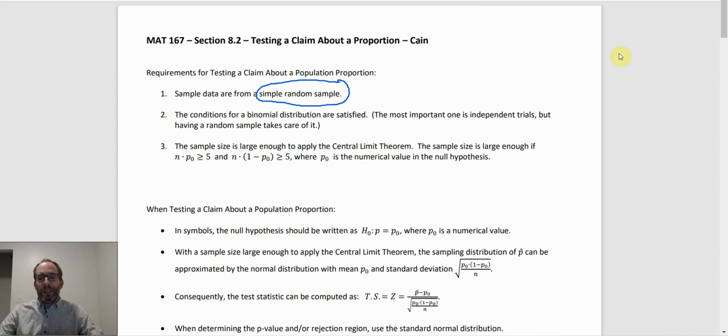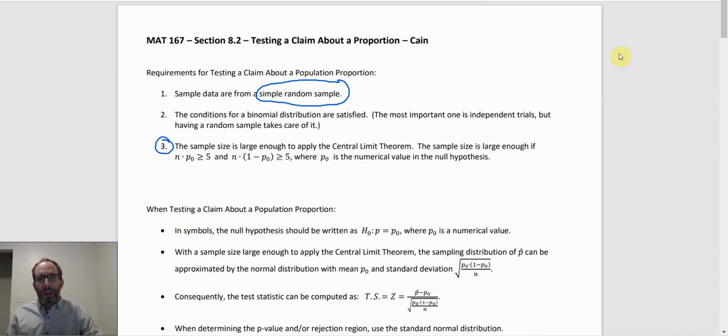The biggest thing is having independent trials. That was a big thing when we did binomial probabilities, and that's the most important one here. But if you have a simple random sample, that takes care of independence. So really, the big ones for our purposes are going to be the first and third, because we're going to kind of get the second one for free if we've got the first one. The third one is the big one. This is really the one that you have to check, that your sample size is large enough to apply the